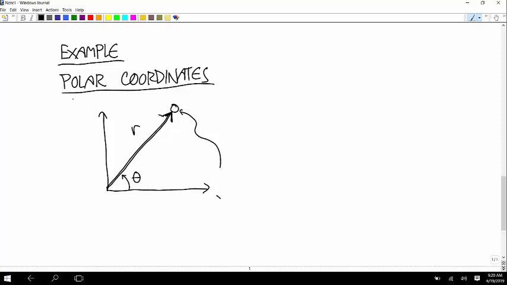Okay, so if this is the x-axis and this is the y-axis, you know that x is equal to r times cosine of theta, y is equal to r sine theta,